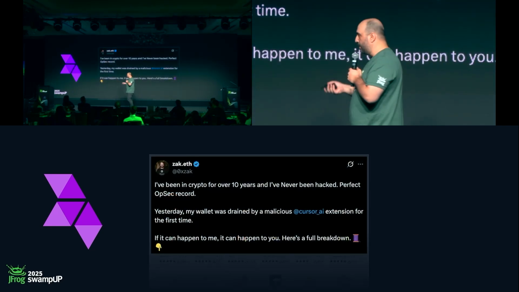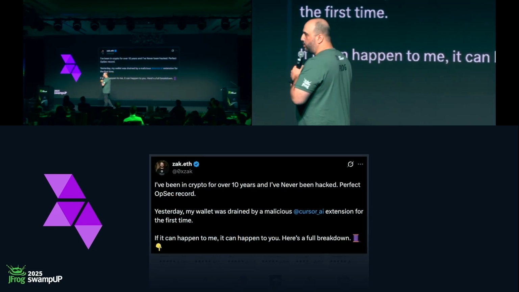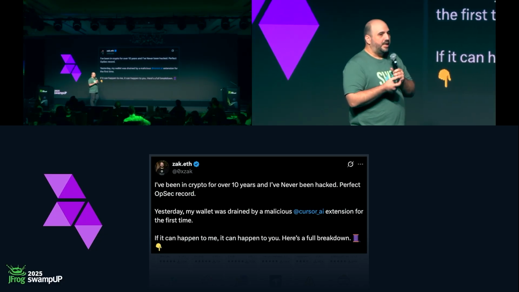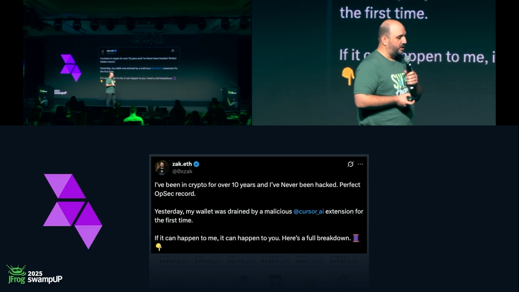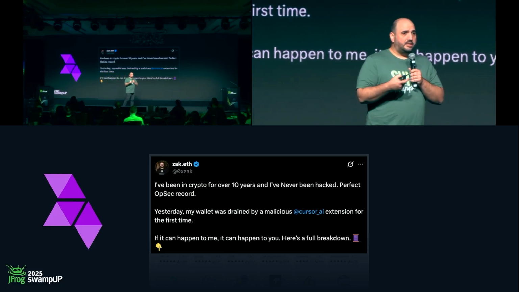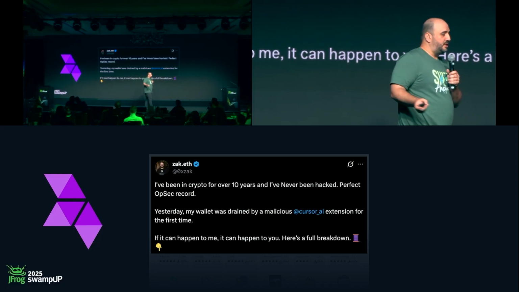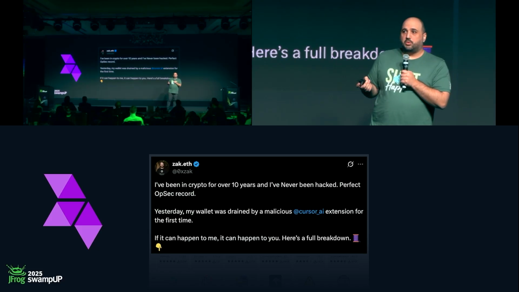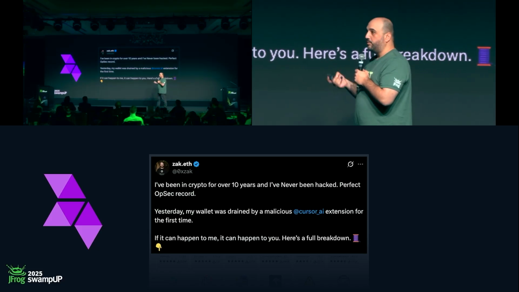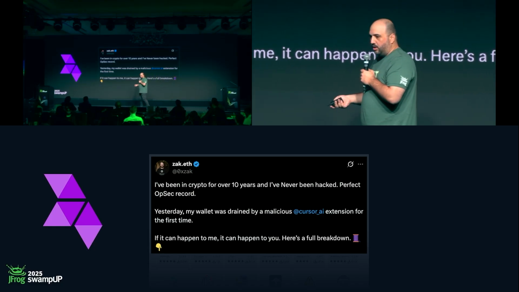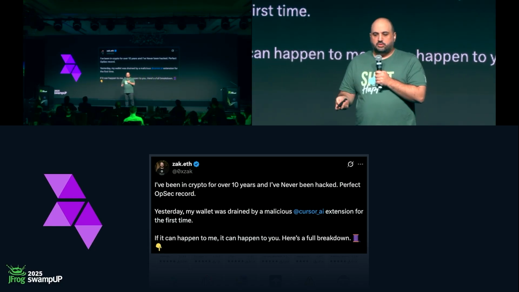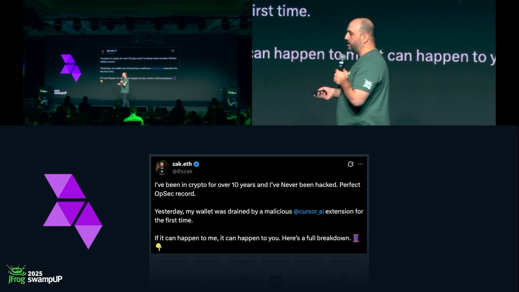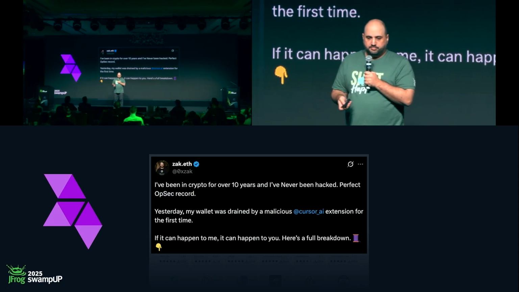The attackers come. So this person, he's a prominent developer of Ethereum smart contracts. He was attacked by a malicious Cursor extension. We'll see what it is, the Solidity one. And this person, who was very careful, as they say, was hacked, and this attack was able to extract almost $500,000 from his blockchain wallet. Now, what happened? So he wanted to install a syntax highlighting extension to Cursor. And that syntax highlighting extension is called Solidity.